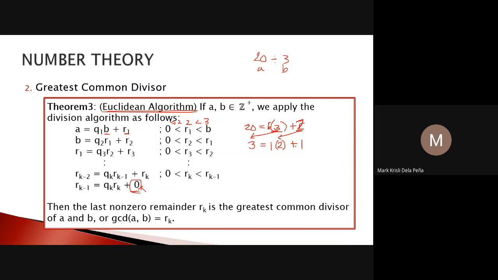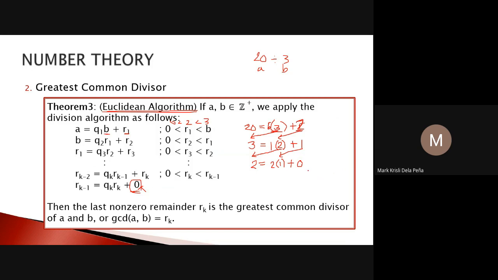Since we don't have a 0 remainder yet, we will continue this process. We will move again R1 and also this 1. So we'll get 2 is equal to 1 times something. What do we multiply to 1 so that it will get equal to 2 or less than 2? So we multiply 2 and the remainder is 0. Since the remainder is 0,